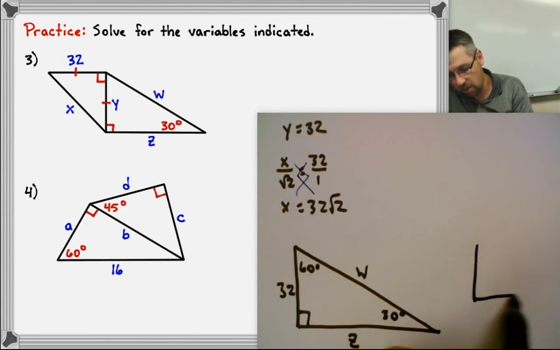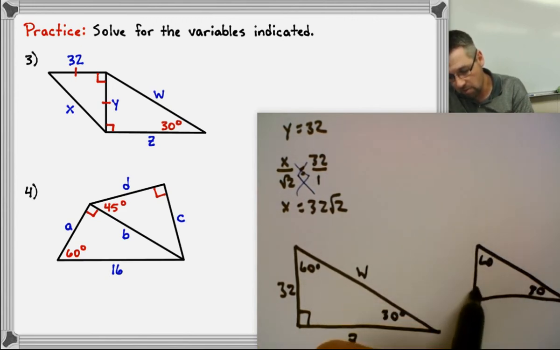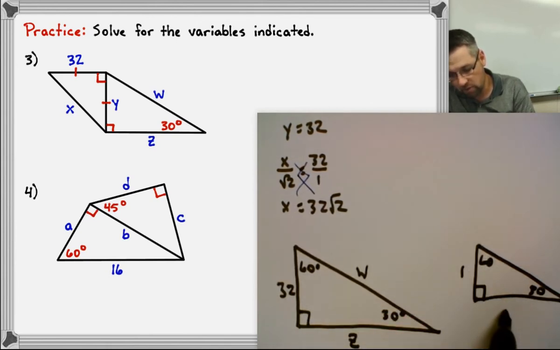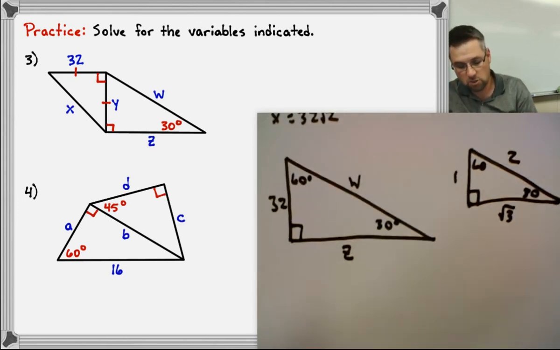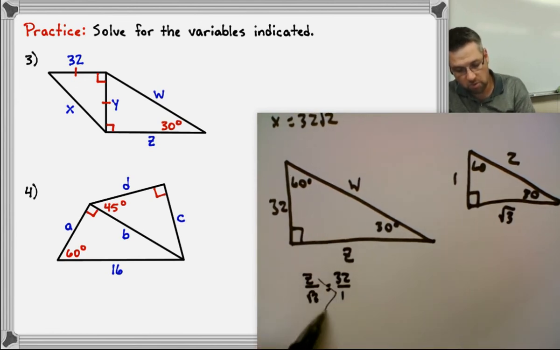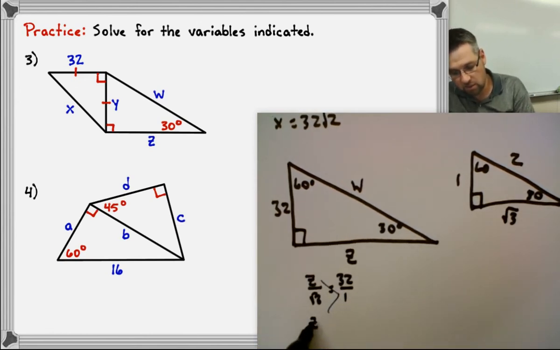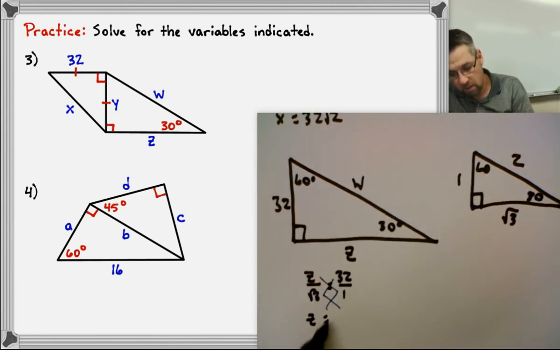So now I'm going to look at my parent 30-60-90 triangle. And remember the side lengths. The 1 is always across from the 30. The radical 3 is always across from the 60. And the 2 is always across from the 90. So we would set up a ratio now. We'd say Z over radical 3 equals 32 over 1. And then just cross multiply. Z times 1 is Z. And then 32 times radical 3 is 32 radical 3. So we have Z here,